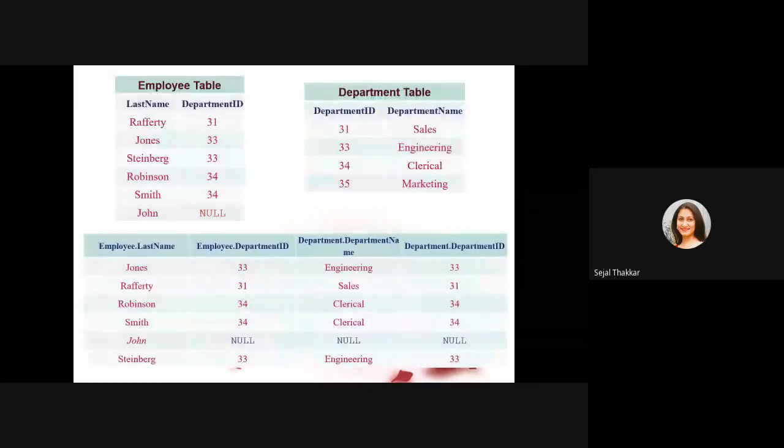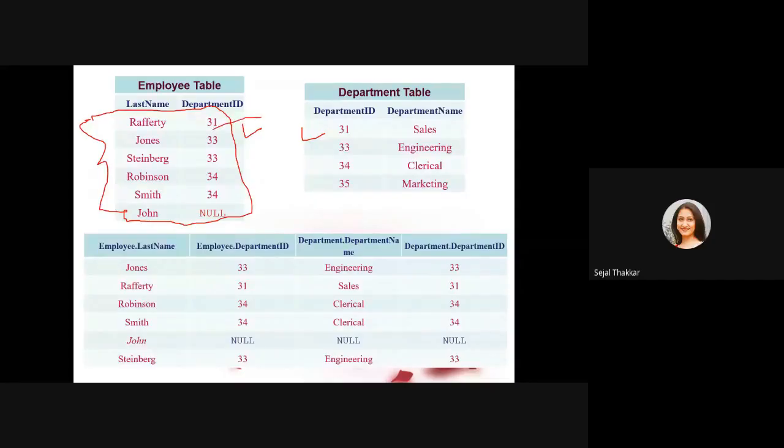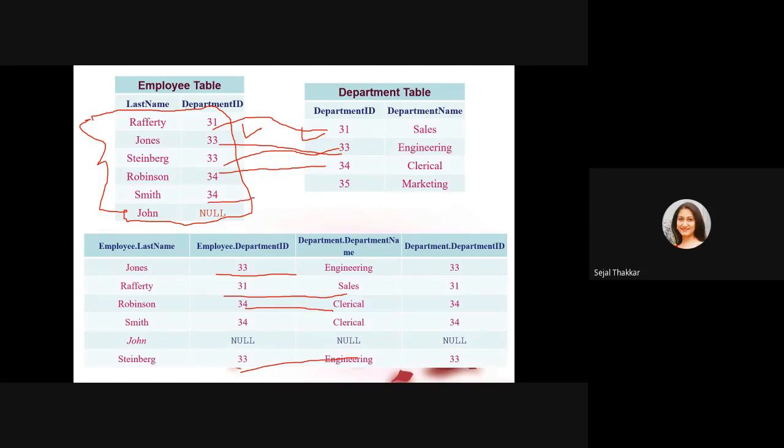So see here, there are two tables. On the left side we have the employee table and on the right side we have the department table. Got a match or not, it doesn't make any difference. If 31 has a matching value, then it is fine, it will come, right? 33 has a matching value, engineering, so 33 will come. If I have 33 again with matching value engineering, it will come as output. 34 has a matching value, clerical, so 34 and clerical will come. This 34 and clerical is matching, so 34 Smith and clerical will come.